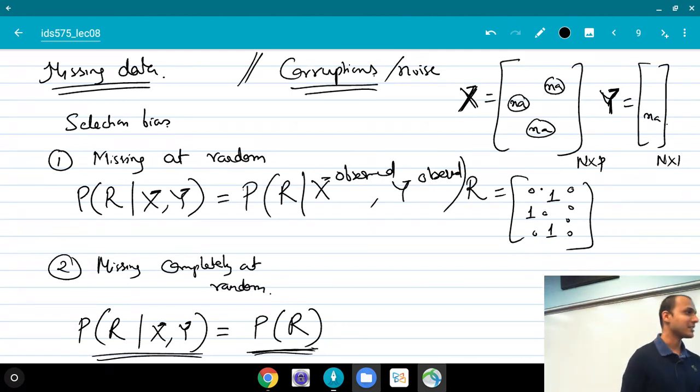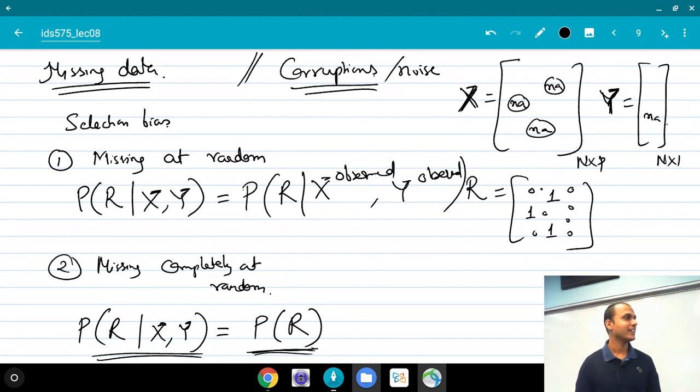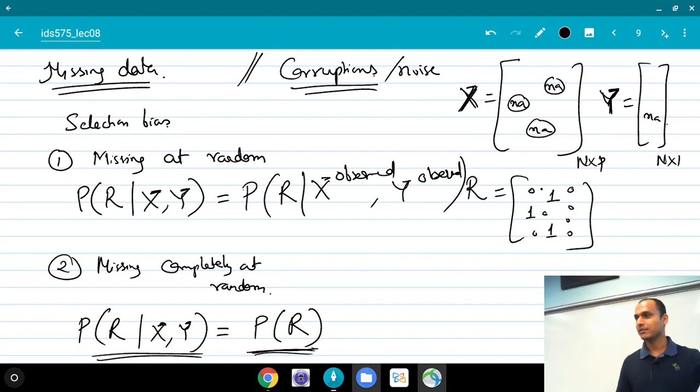Because that particular person was too sick, you didn't take the measurements. So that doesn't fit into the missing at random version. That's an example where you are missing it because of the data point at that location itself. So that's not under any of the settings. That's selection bias actually. Missing at random would be